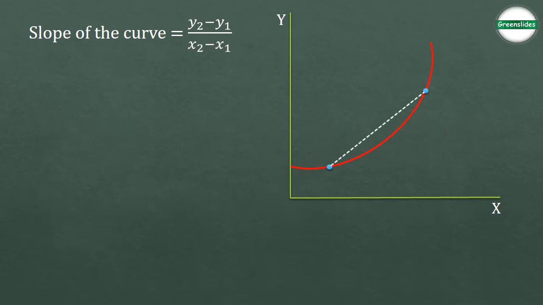Now can we calculate the slope of this curve using these 2 points and the same formula? Not yet. Because the graph is significantly different from this line also, right? So let's bring them even more closer. Now if you observe, the line joining the points is almost overlapping the curve. It looks like the curve is almost linear between these 2 points, right?